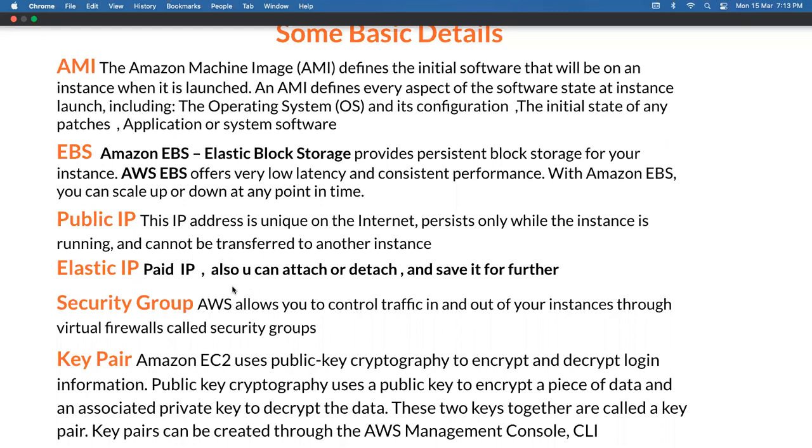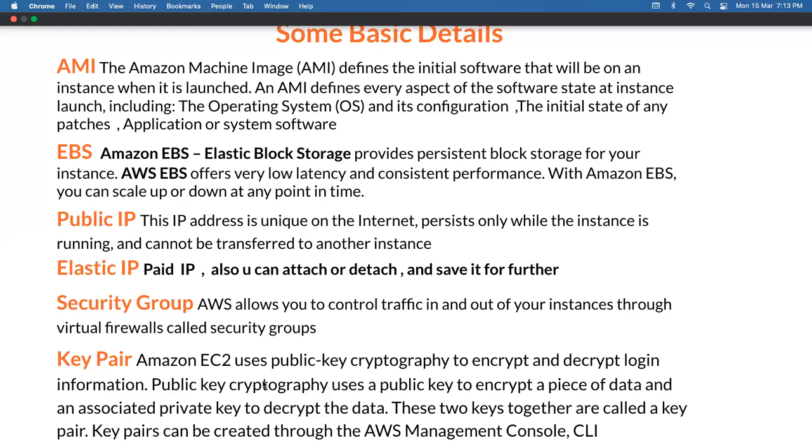Security group is a virtual firewall. That means it allows or controls your inbound and outbound traffic. Key pair: AWS EC2 uses public key cryptography to encrypt and decrypt login information. Public key cryptography uses a public key to encrypt a piece of data and an associated private key to decrypt the data.